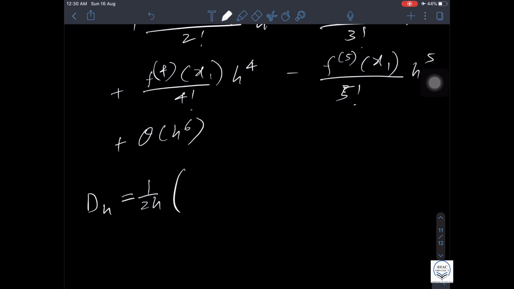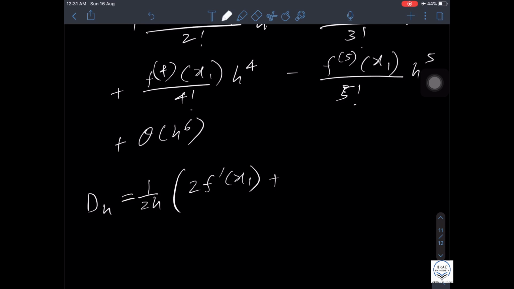You can check by yourself that all the even powers will go away, because whenever you have the same sign and you take the minus in between them, they will cancel. Whenever you have an opposite sign and you put a minus, you get the same sign, so it will be added. So you'll get 2 f prime of x1